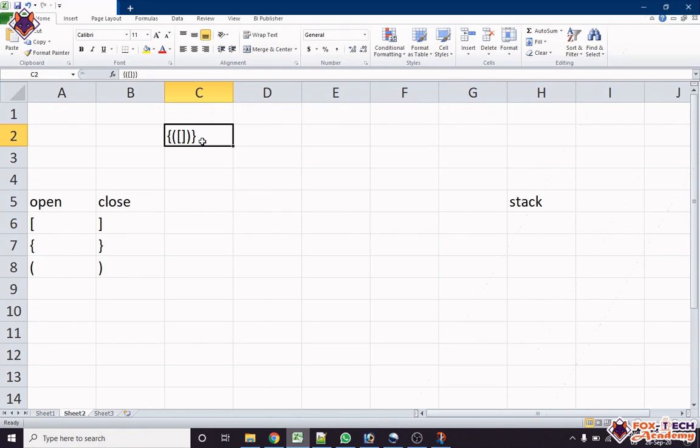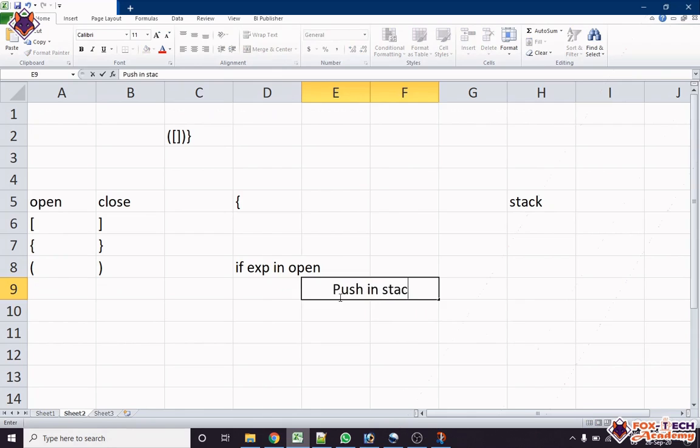Like in this example, first we will traverse the characters. We take the first character from here, right, and we check: if the expression character is in open, then what we will do, we will push it into the stack, and we will increment the index of the stack, index plus.